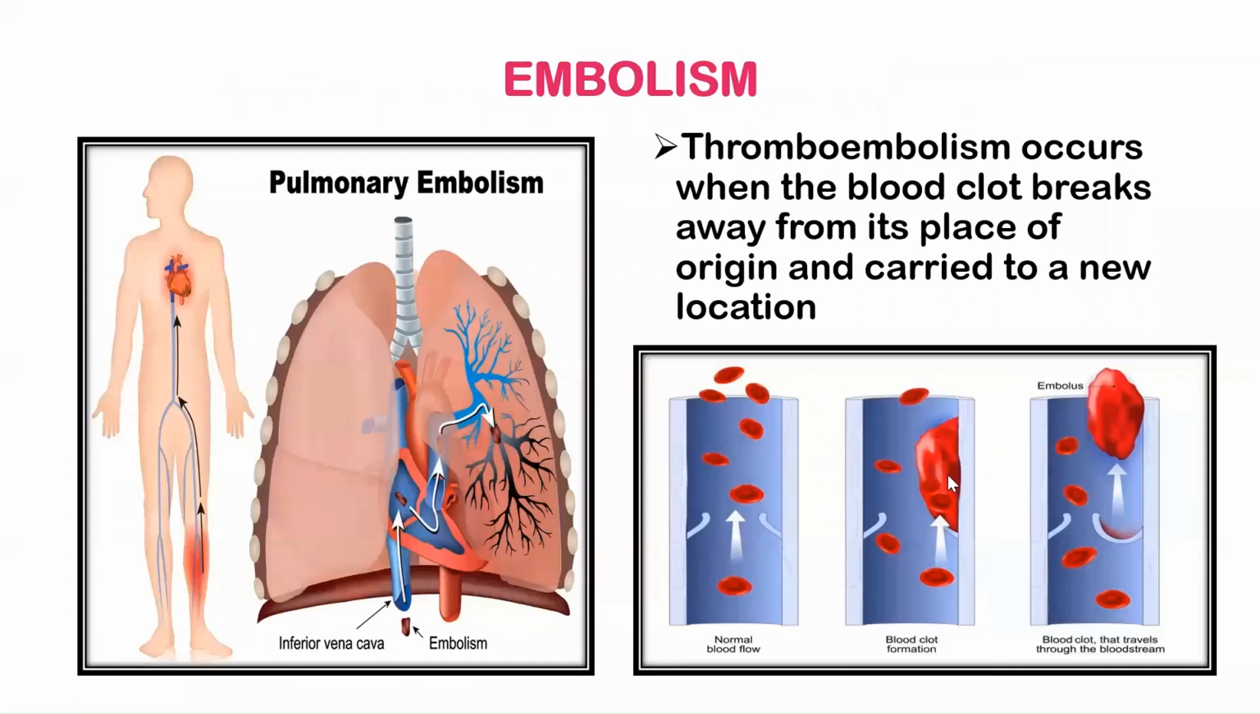Thromboembolism is a condition when the blood clot breaks away from its place of origin and gets carried to a new location. So over here we can see the embolus. It has got dislodged from the wall and is now being carried along with the bloodstream. It is traveling to the heart. It can get lodged inside the heart. It is known as the coronary thrombus, or it may enter through the